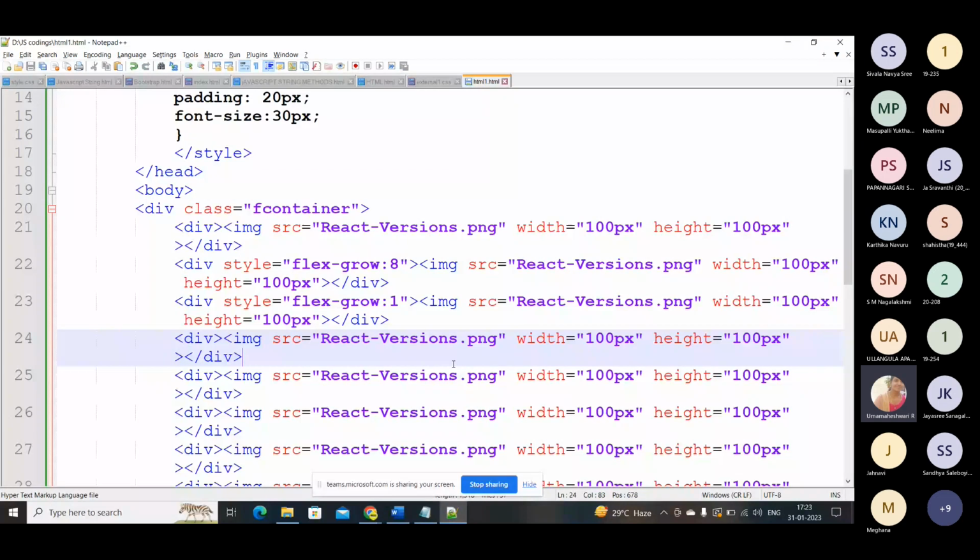So it is the opposite of that. It will not shrink that particular element. Okay, for that we are going for this, and we have one more property, that is align self. Example,